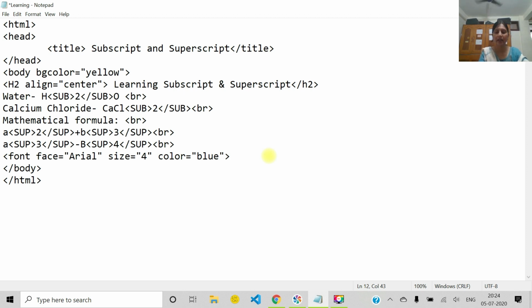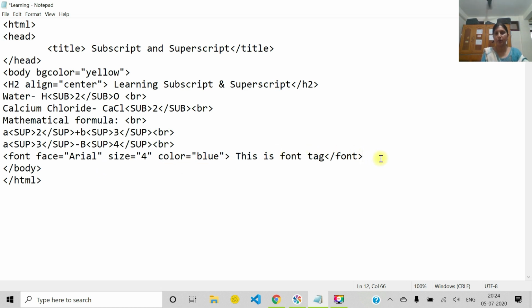For example, here I am writing, this is font tag. Now I am closing the font tag. Fine. So this particular text, this is font tag, size will be 4, its style will be Arial and its color is blue. So whatever text you want to make changes in, you will enclose that text within the font tag.